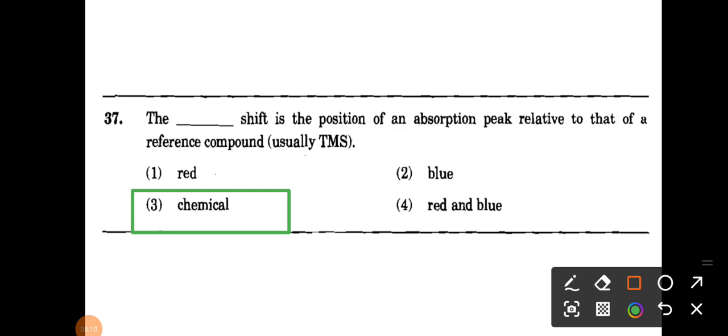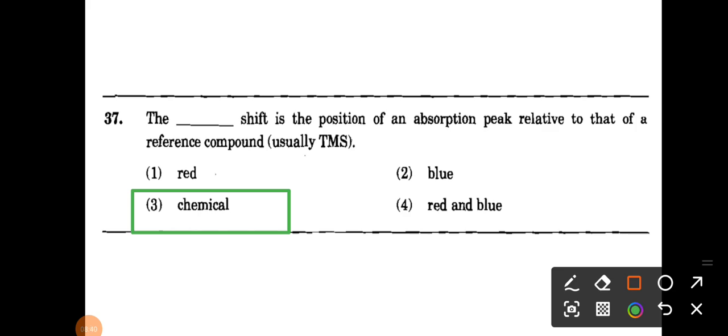Okay, so here the two options, red and blue shift, are actually not related to NMR. Actually that is related to UV spectroscopy. So blue shift and red shift. What is the blue shift? Blue shift is the shift towards the longer wavelength, right? And what is the red shift? That is the shift towards the shorter wavelength. So these three are very important, but the chemical shift is not related to UV, that is related to